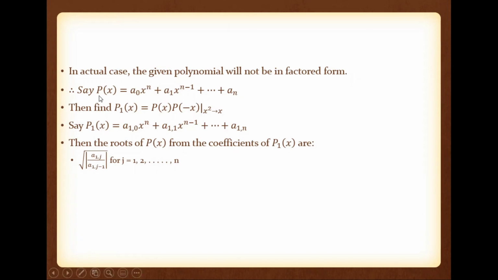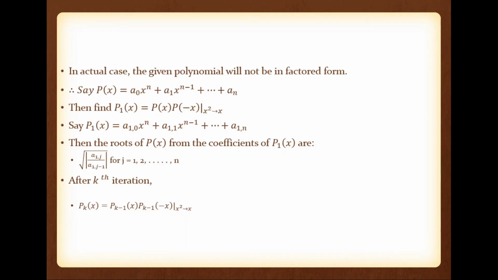So this one is the roots of p from the coefficients of p1 of x. So after each transformation we need more square root. After the kth transformation, or after the kth iteration, we have pk of x, which is equal to pk minus 1 of x into pk minus 1 of minus x, where x square is replaced with x. Pk minus 1 means the polynomial after the k minus 1th iteration. So find pk minus 1 of minus x, multiply these two, then replace x square with x. If there is any minus 1 raised to k term, remove that. Okay, so this is pk of x.